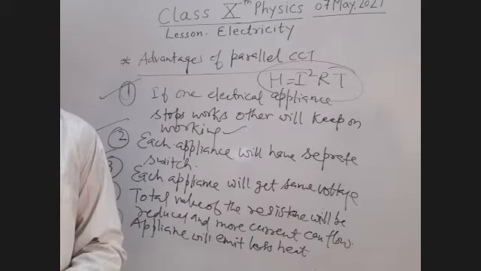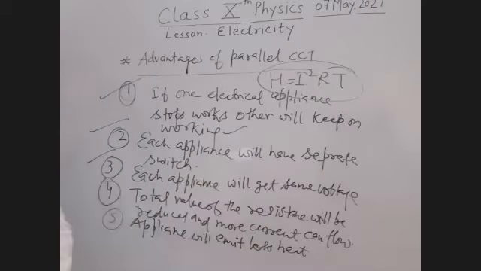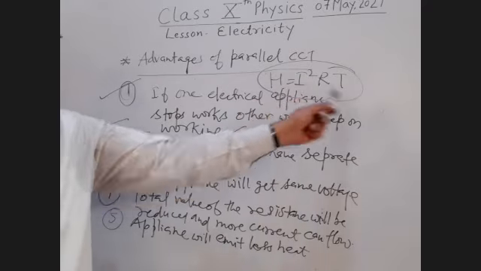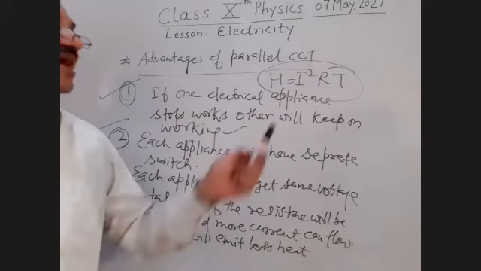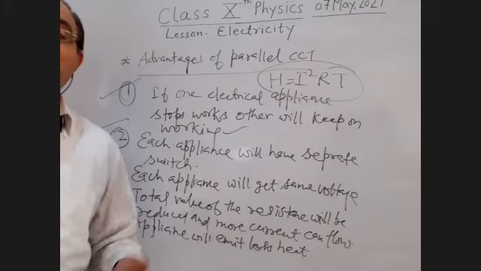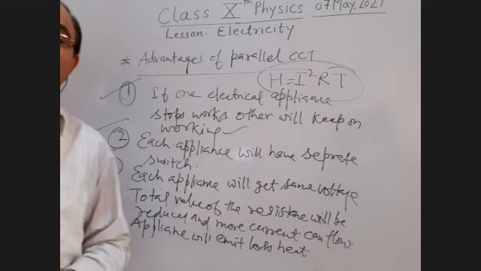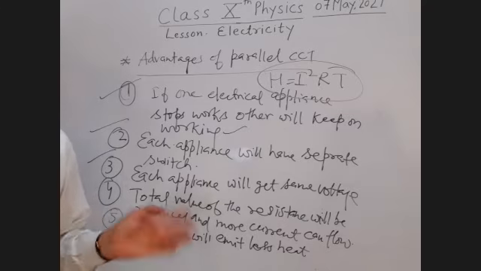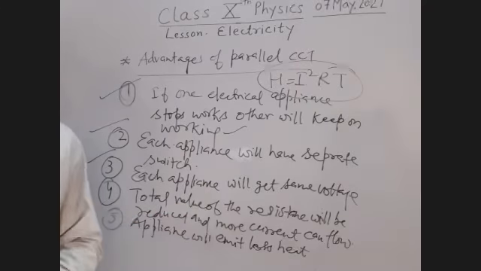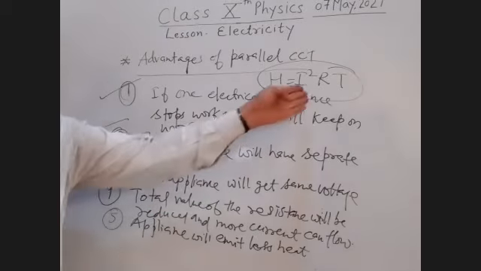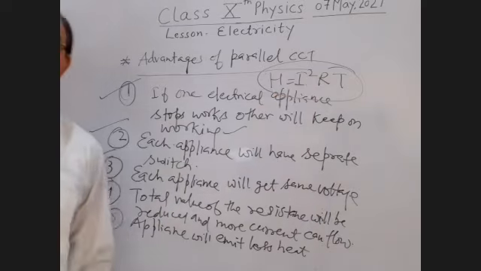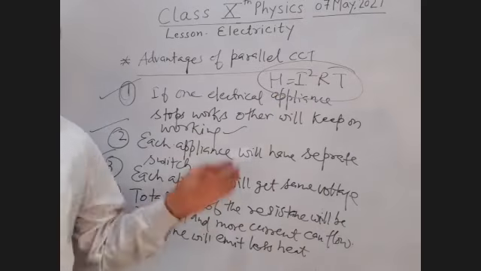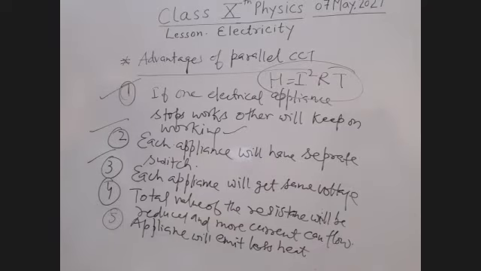Now we'll go further to the next questions. Then I'll tell you how to prove Joule's law, H is equal to I square RT. It is the heating effect of electric current. First, we note down these 5 points. After that, there are 2 more questions of this NCERT on page number 216. Then we'll go further to prove the formula for H is equal to I square RT. Please note down. Yes, students.